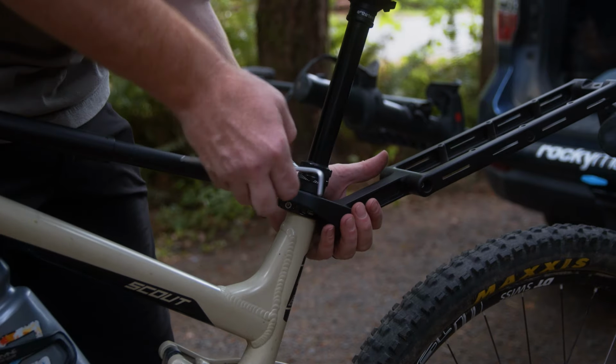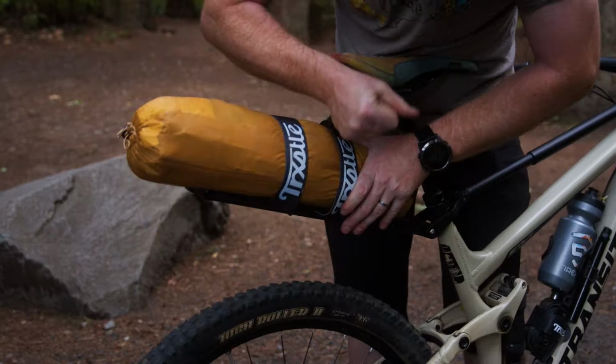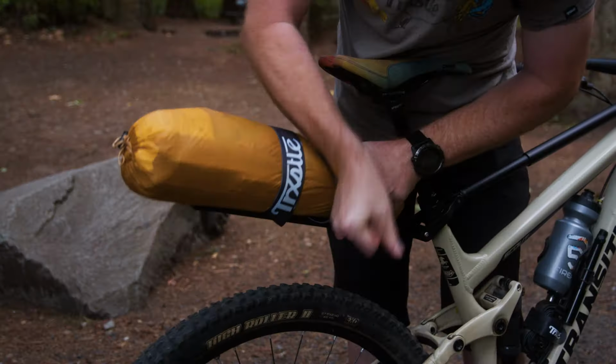It's really adjustable, all the angles articulate, it's completely modular, you can move all the parts around. It's not strapping to your handlebars like a handlebar bag, so it's not going to hamper your steering or make your bike handle strangely. This rack allows me to try new things without having to invest in a whole new